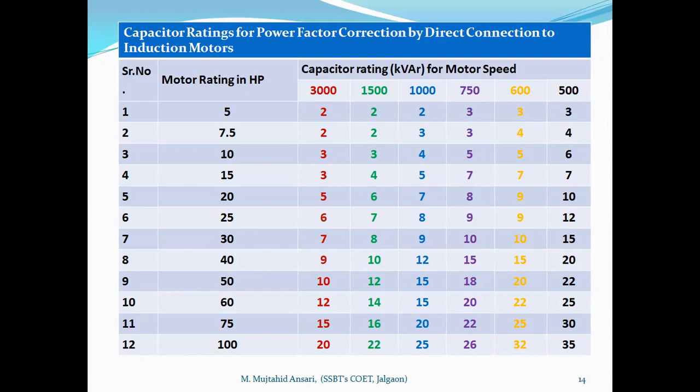The power factor improvement can be carried out by calculating the proper way: the kVAR needed is equal to the kilowatt into (tan theta 1 minus tan theta 2), where theta 1 is the initial existing power factor angle, and theta 2 is the targeted power factor angle. By this formula, we can find out the total capacity of capacitor to be connected to improve the power factor. The same formula is used for the average power factor improvement, and we can use APFC nowadays. Since kVAh billing is there, power factor improvement and maintenance become very important.